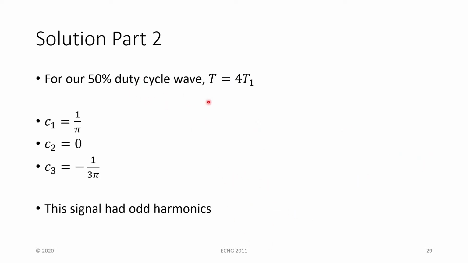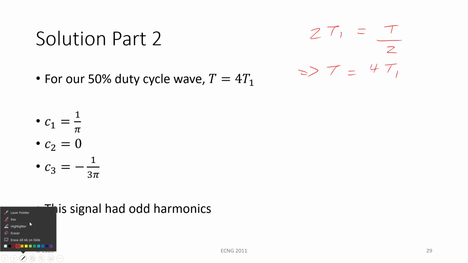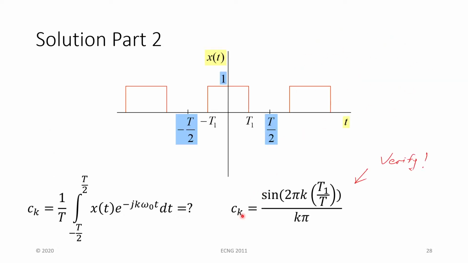For our 50% duty cycle wave, we saw that the on time of our wave, which was 2 T1, mapped to a 50% duty cycle being just T divided by 2. And if we solve for T, we get T is equal to 4 T1. If we substitute T being equal to 4 T1 into our CK equation,